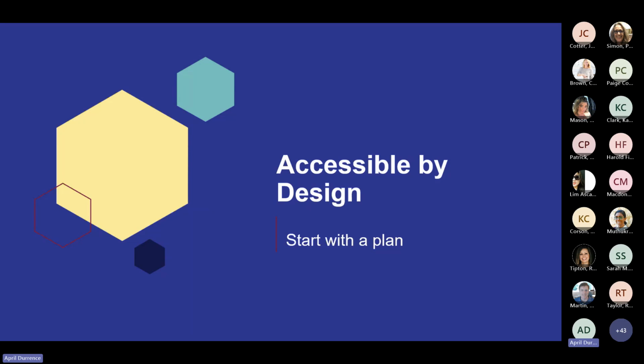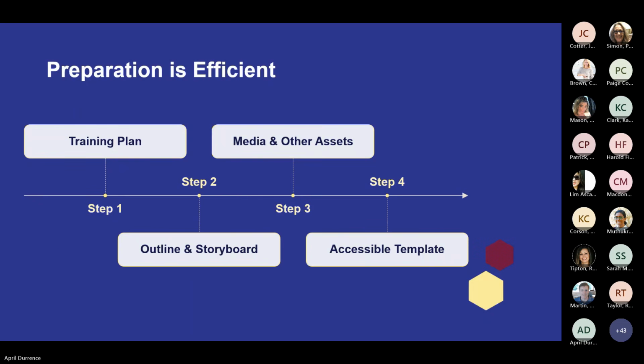When we are designing courses for our state of North Carolina community, accessibility shouldn't be an afterthought. It should be part of the plan from the beginning. Planning and preparation save time and effort. Sometimes we may need to create a course on the fly. I don't know if that's ever happened to anybody. It certainly happened to me. Some elements will be unique for each course, but we can create resources right now that will make it easier to create a course the next time we need to.